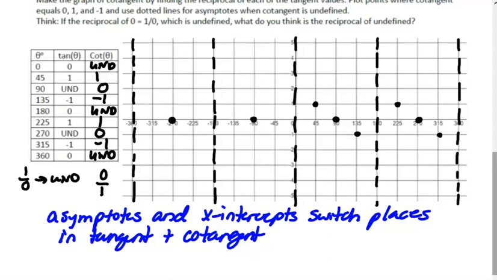So notice the pattern of the dots is going down and not up. So the curve goes the other direction for cotangent as it does for tangent, because these 2 points right here and here, they don't switch. All the 45, they stay the same. Actually, I'm going to take those off because that's kind of in the way of drawing the graph. But all the places where tangent is 45 or -45 or any of those angles that have a 45-degree reference angle, those values don't change from tangent to cotangent. So now the graph curves down